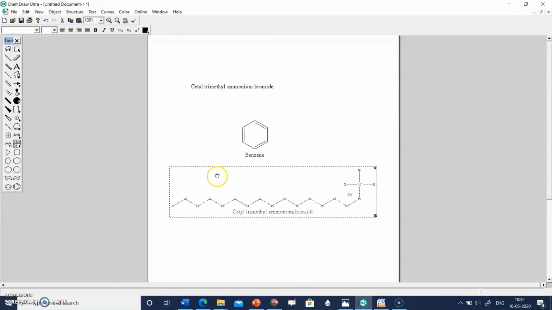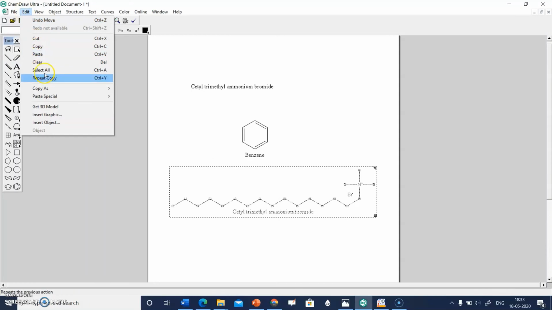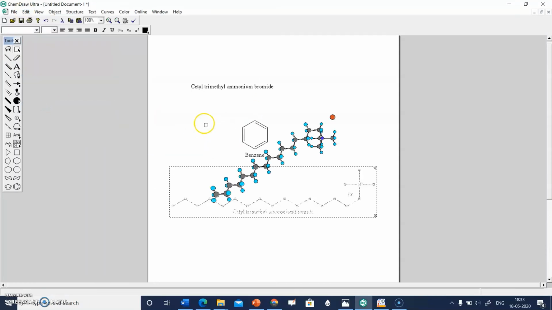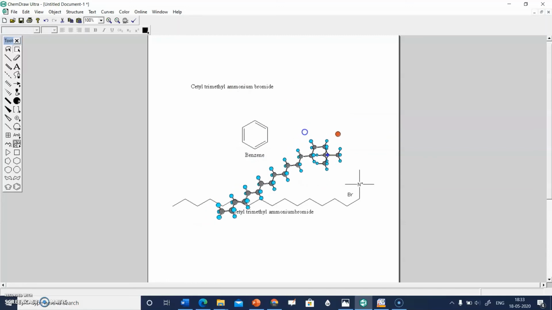And if you want, you can also see the 3D structure of this chemical structure. For that, just go to Edit and click on Get 3D Model. When you click on 3D model, this 3D model will appear, right? And this is a ball and stick structure.